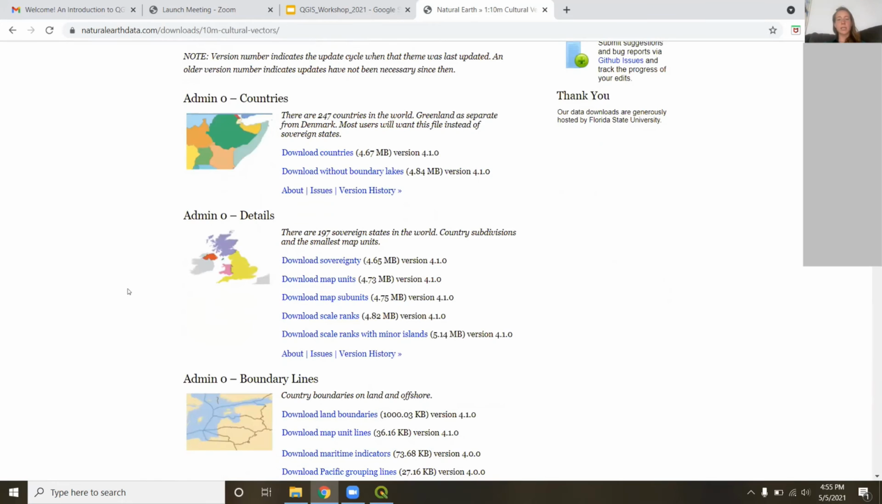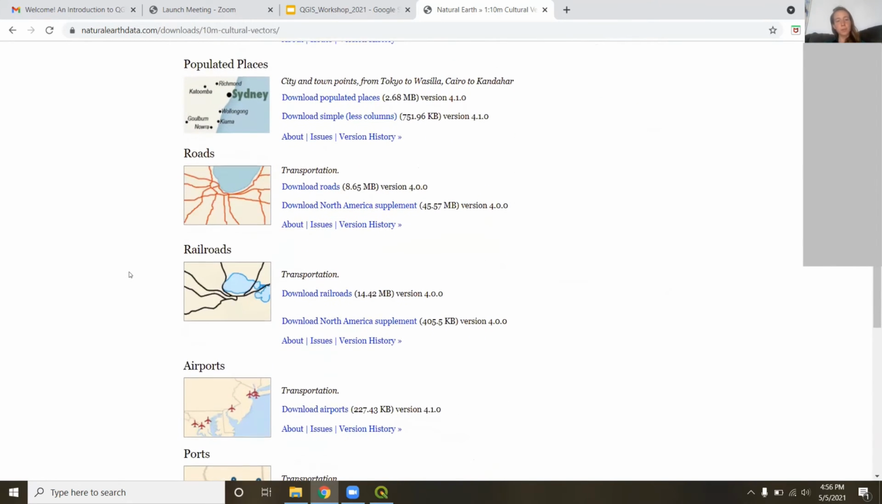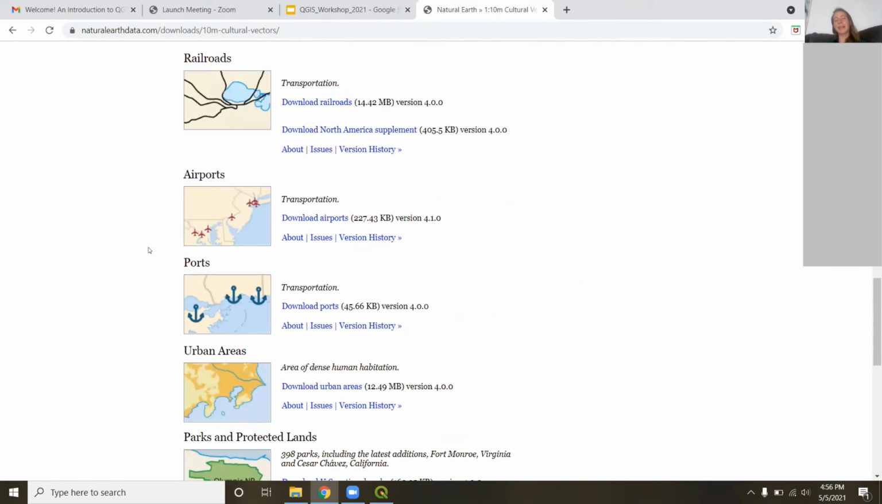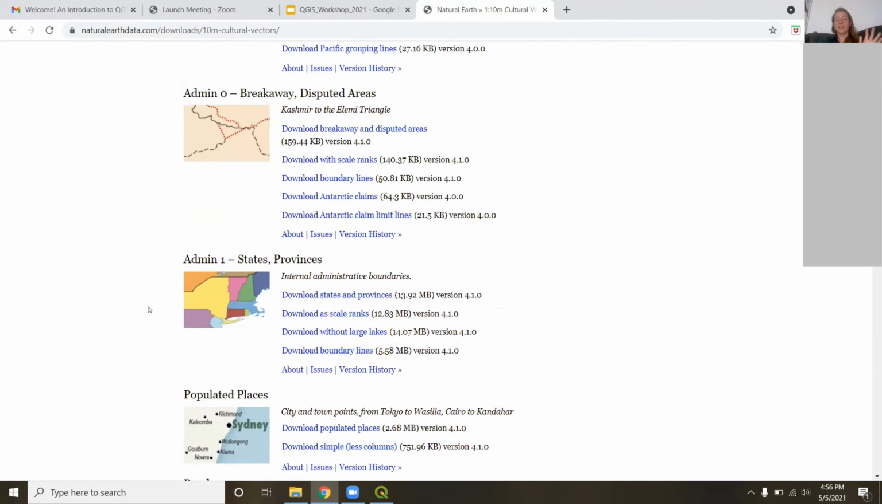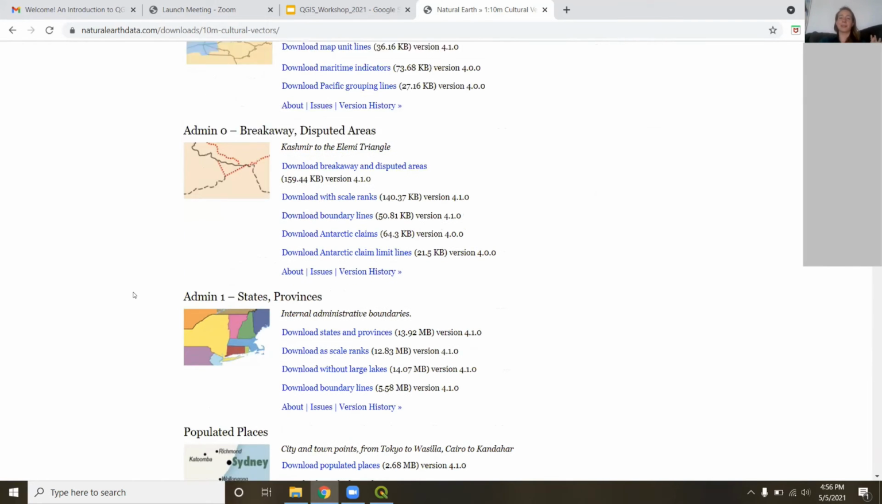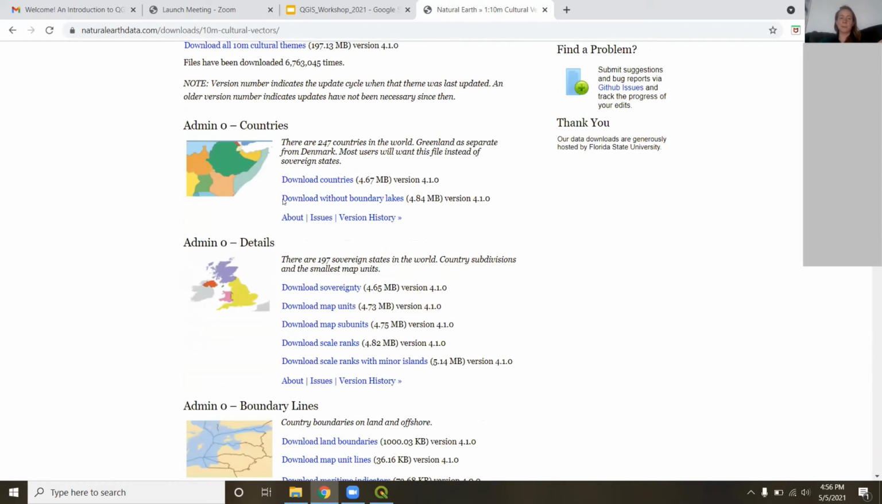Here it has a list of different types of base maps that you can download. There are roads, there are even airports and ship ports. There's all sorts of different types of data stored in Natural Earth. So there is just an immense amount of data out there, all for free too, which is great. I'm going to download the Admin 0 Countries file. So just download countries, that top one. And of course, you can do it without boundary lakes if you want. That's totally fine. So once you get that downloading,